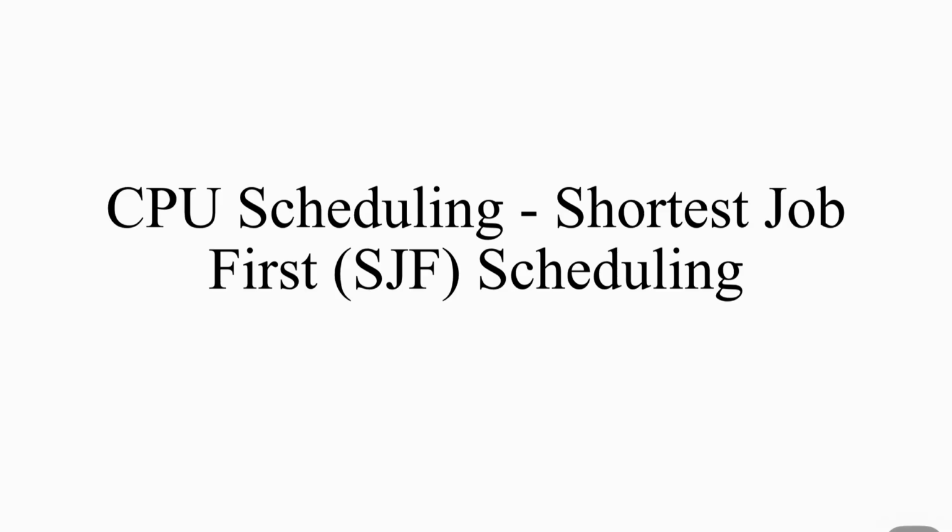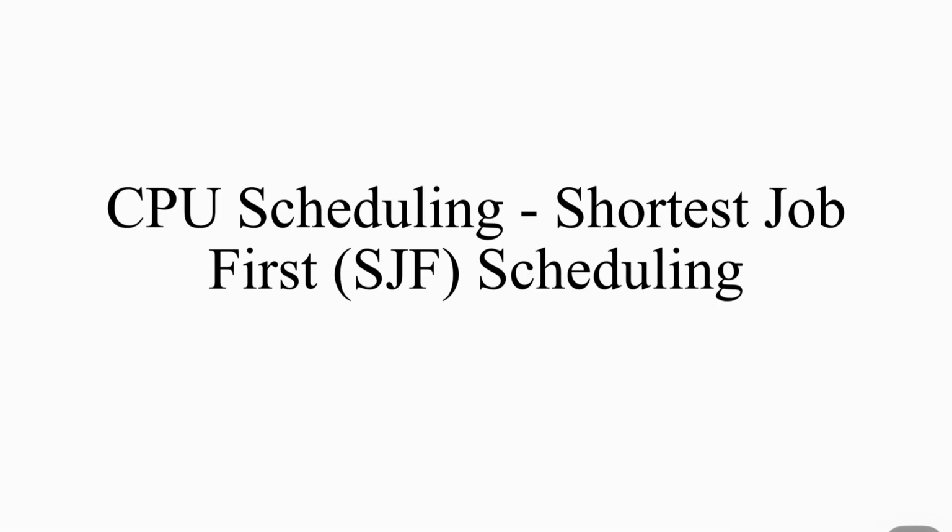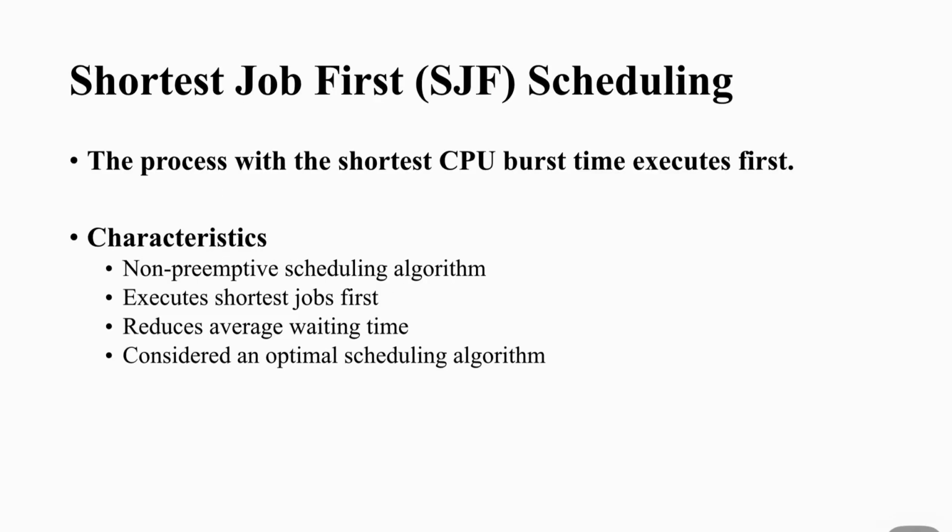In this video, we are going to learn about the second type of scheduling algorithm, that is shortest job first, and a variation of the same, which is also called shortest remaining time first. So as you see, we have SJF, which stands for shortest job first, and also there is one more thing called SRTF, the shortest remaining time first scheduling algorithm. And here, to understand what exactly the shortest job first algorithm is,